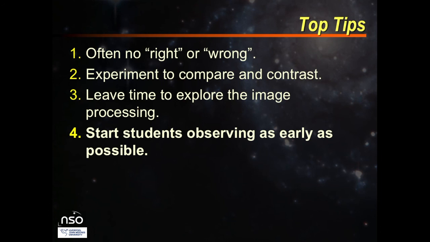And the final thing this all leads to is start your students observing as early as possible. It seems at first glance to make sense to start the observations once they've done most of the course material, because they'll understand the objects they're looking at better. But actually there's another argument which just says get them observing right from the beginning. And even if they don't know exactly what they're looking at, it might encourage them to learn. So the earlier they start observing, the better chance they have of getting a really good set of observations.